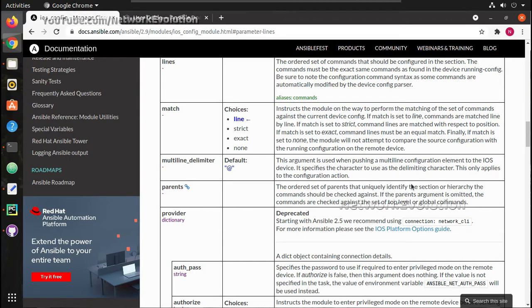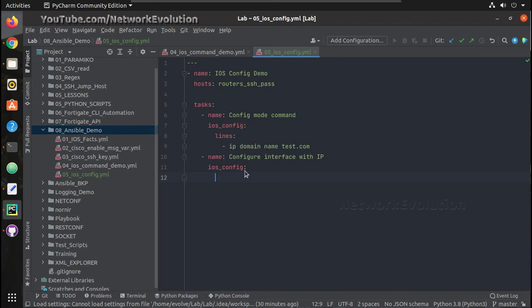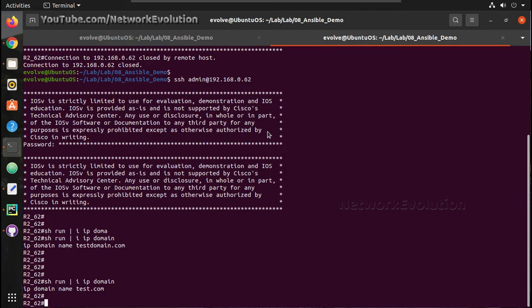This will identify a particular section in the hierarchy. I'll give GigabitEthernet 0/1. Then under that I can give lines, and we'll verify the interface config once.